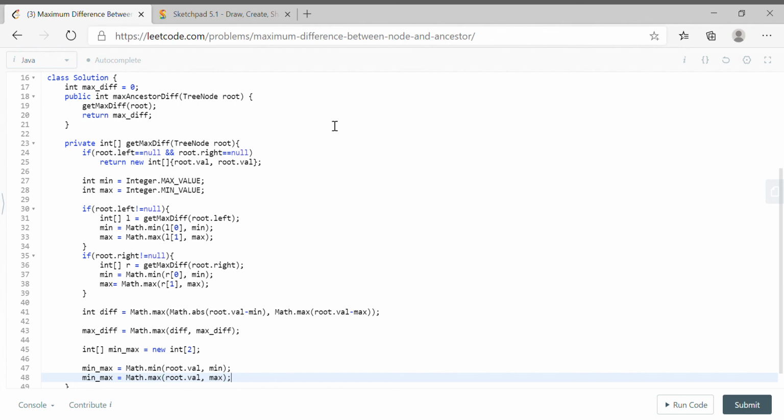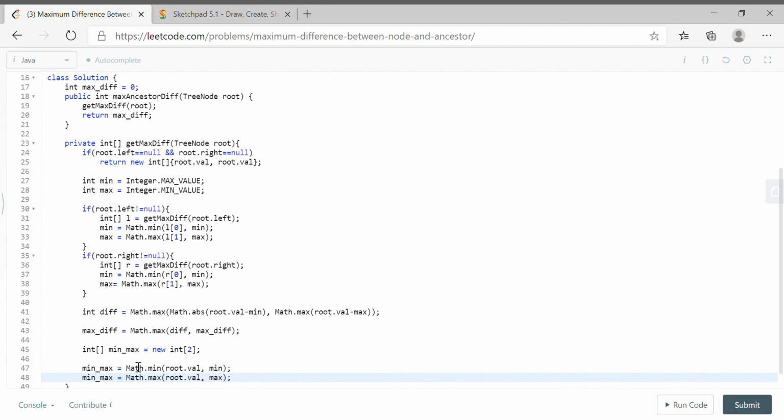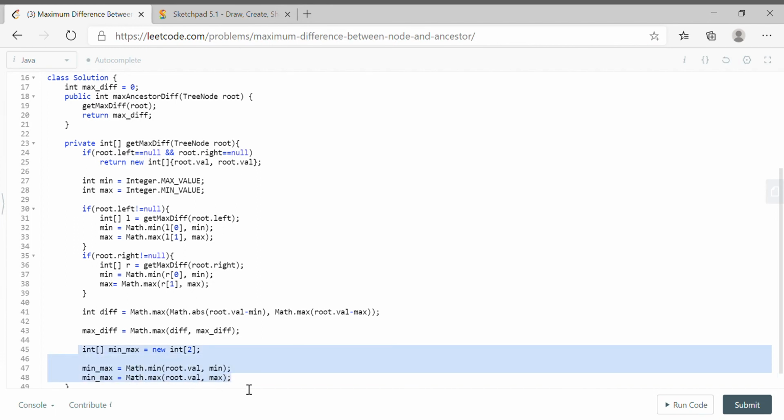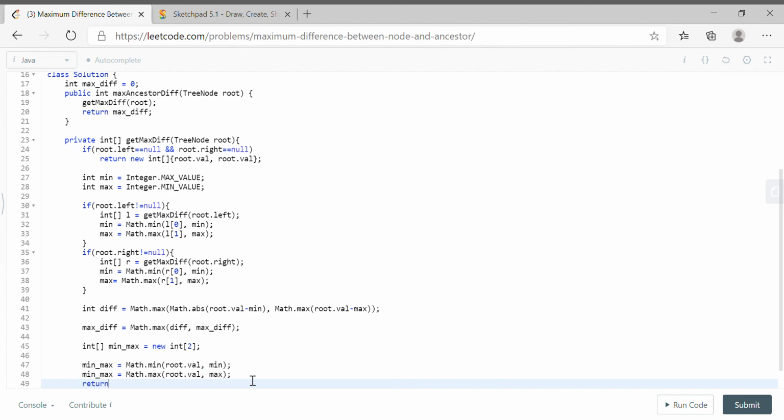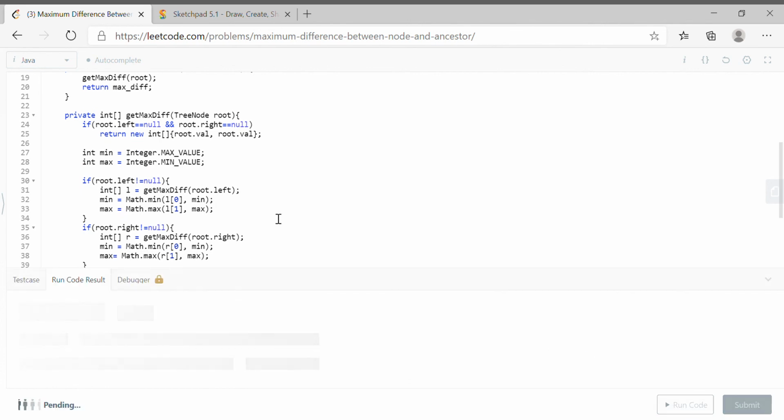Okay, I will try to explain again. Once we get min and max, whatever value we return to the parent, we need to take the min and max from the left and right and compare with the root value to get the overall min and max. That is what I'm doing here. So now return min and max. So pretty much I think it should solve.